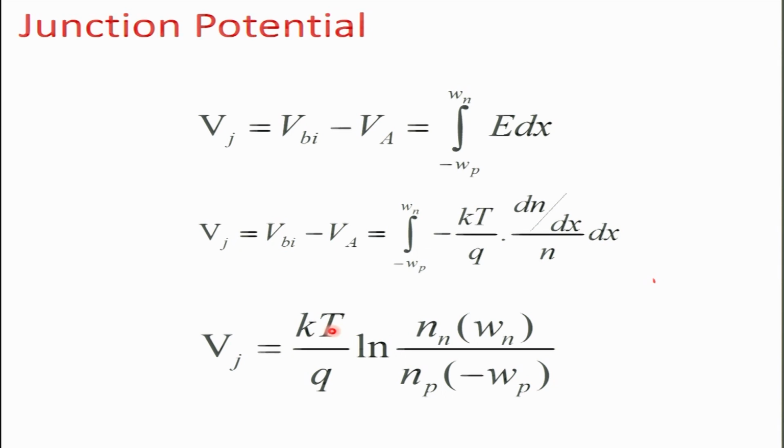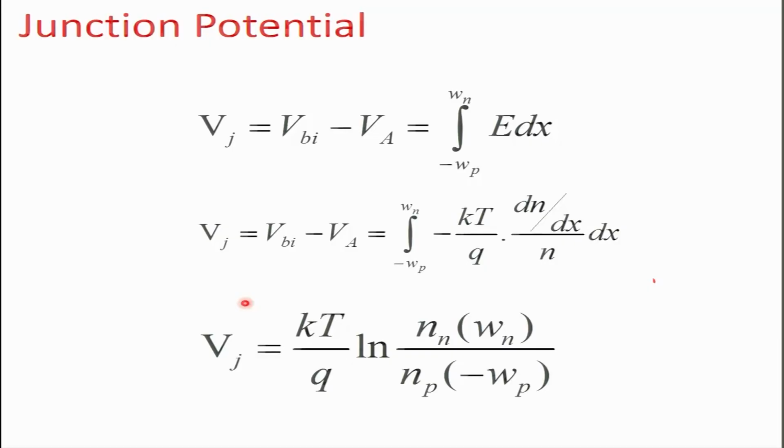We will take this further in the next class. Next class we will look at the minority carrier concentration calculation. From this relation for the junction potential, you can calculate the minority carrier concentration on either side. You can write a similar equation for holes, and then calculate the carrier concentration in terms of junction potential. We should then move forward with our analysis of carrier concentration calculation and current estimation. So, we will do that in the next lecture.